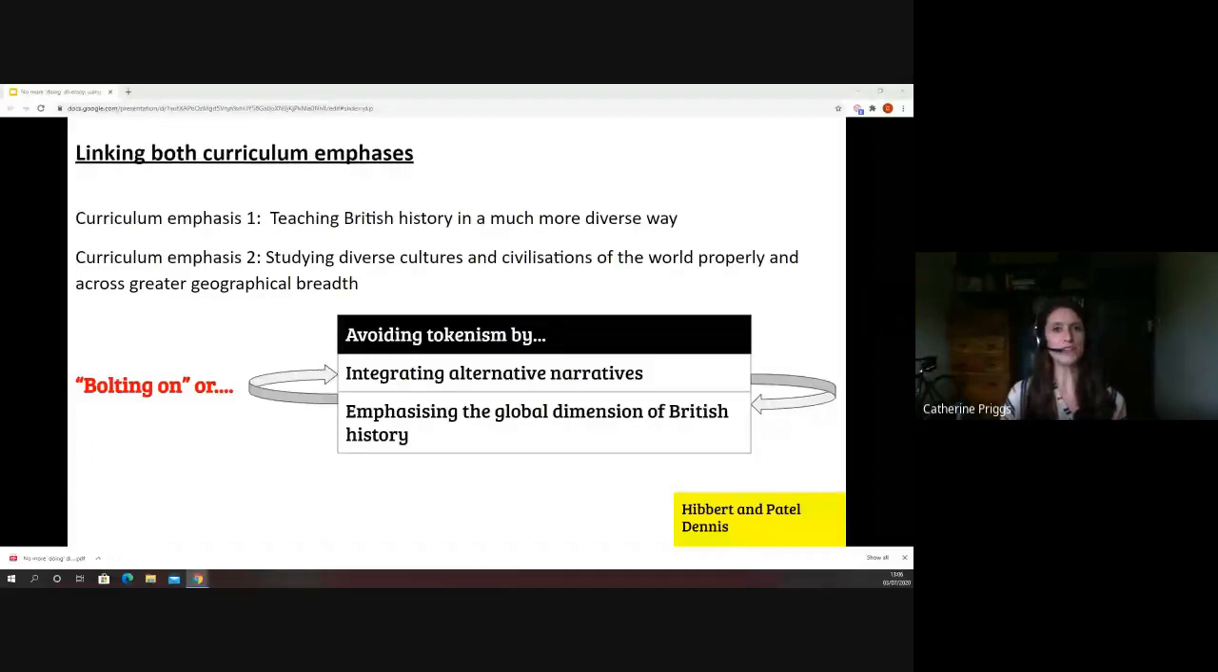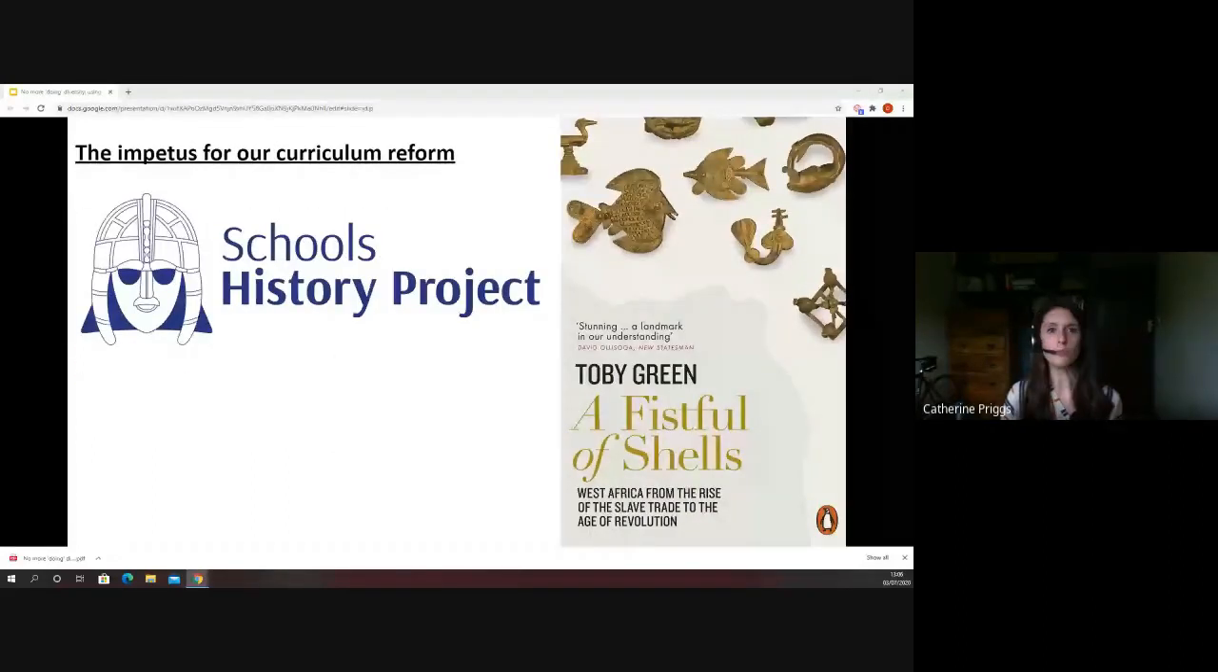So finally, moving on to the impetus for our department's reform. Obviously, all of that featured into our thinking. But the first real impetus for us to actually do something about all of this was our growing subject knowledge. So I'd recently attended a 2017 SHP project conference, sorry, the summer conference. And at the conference, Toby Green, you can see one of his books here, a fantastic historian who looks at West African history,